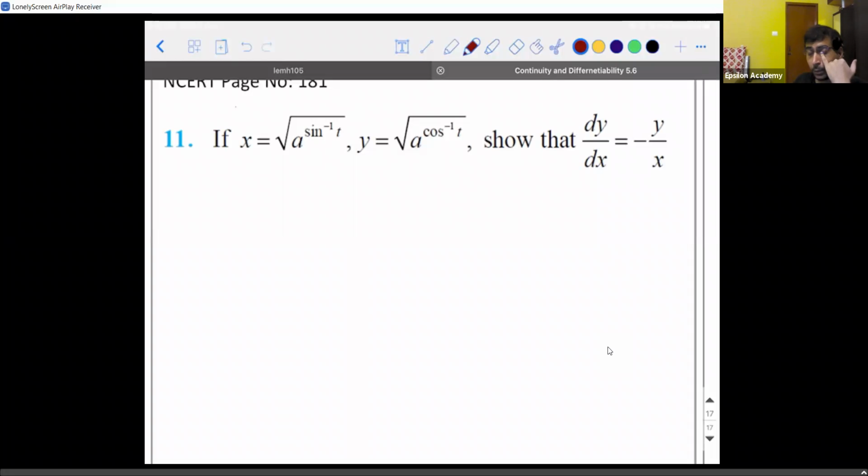See, one thing I'm able to think at this point of time is, I have a power sine inverse, which is again a complicated function. So I'm planning to get rid of that inverse trigonometric function. For that, I thought I can substitute, but I can't. Can someone tell me why I can't substitute and do it?